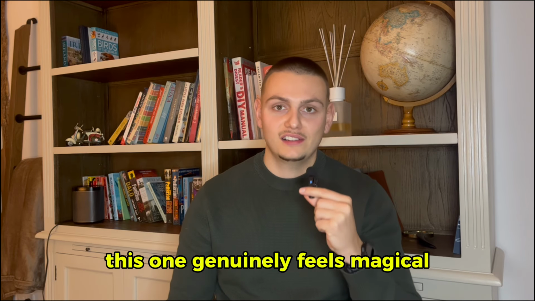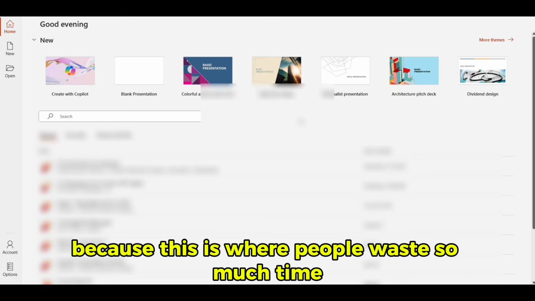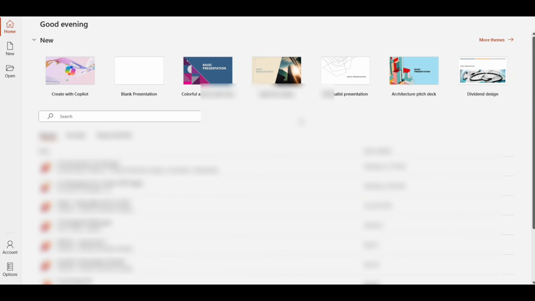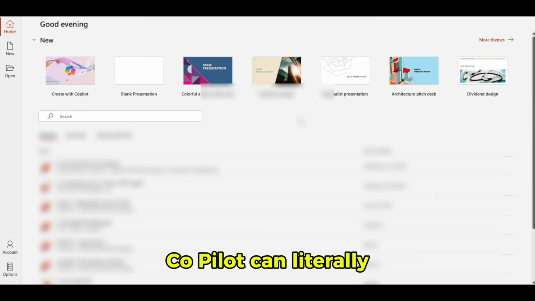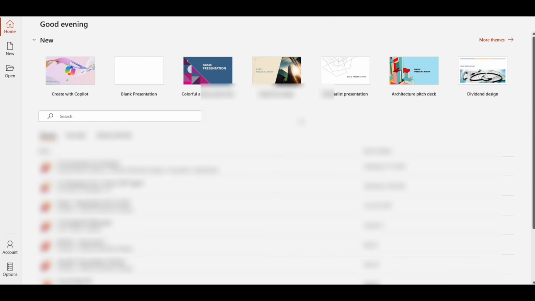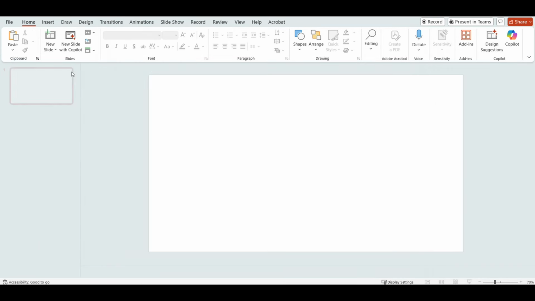This one genuinely feels magical. This is one of my favorites, because this is where people waste so much time thinking and building slides. Copilot can literally build a slide deck for you within seconds. I'm going to select Create with Copilot,